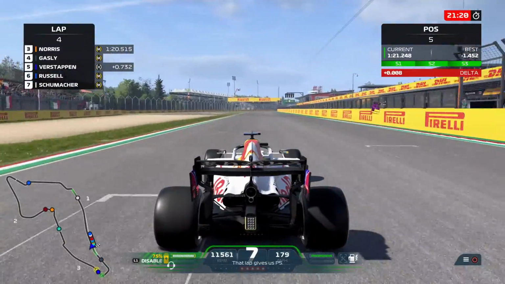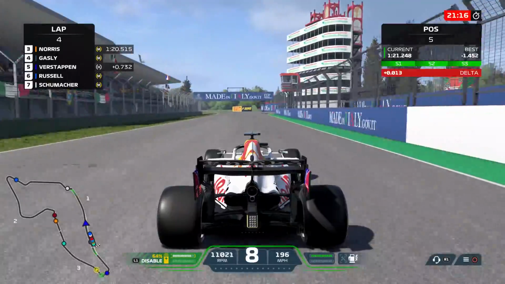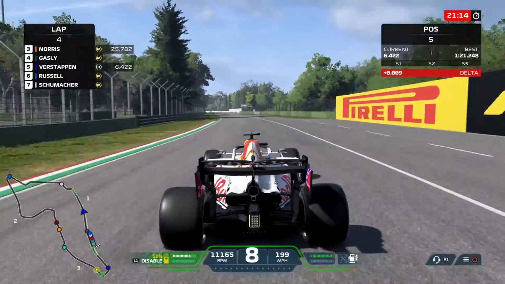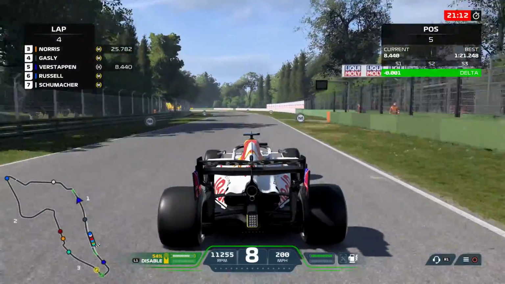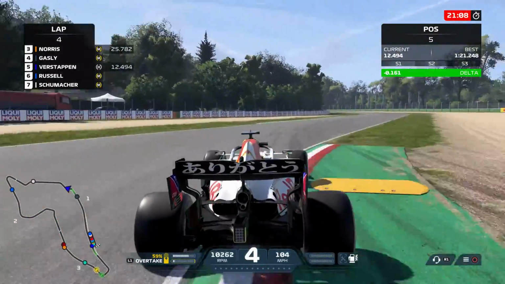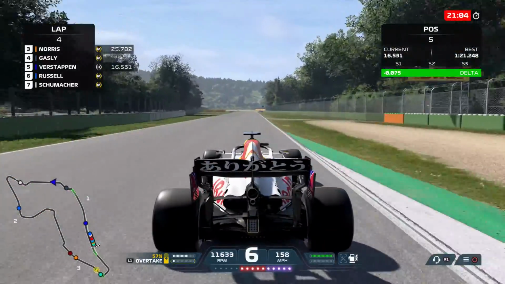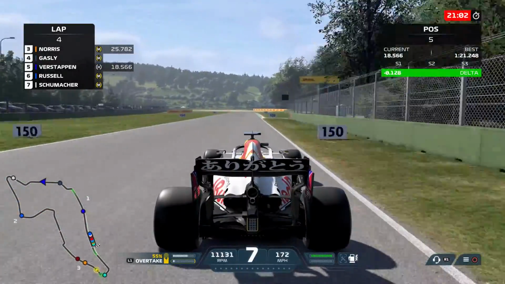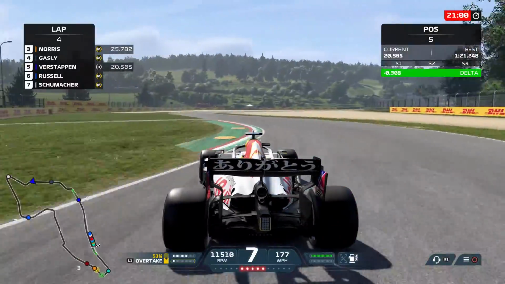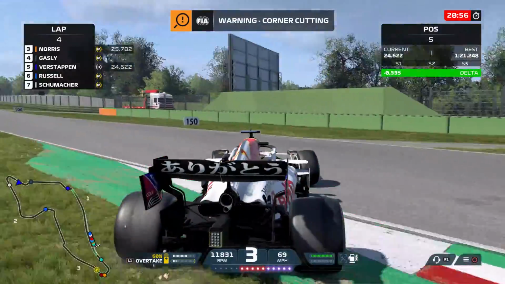DRS open again. ERS active. Gives us P5. That puts us just a little bit behind the fastest lap now. Brake into this corner. Hit the curb. Awesome. Keep it going. Again, I feel like this is one you don't have to brake for. You don't, but then...